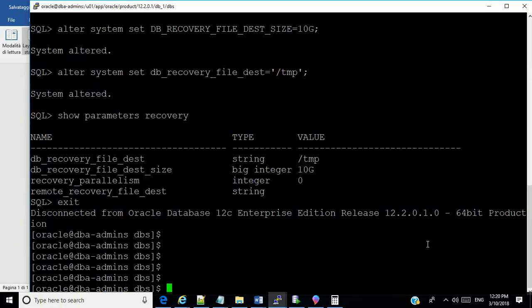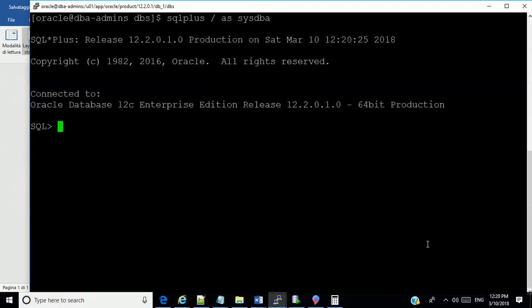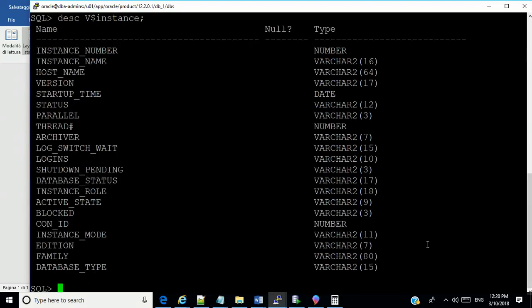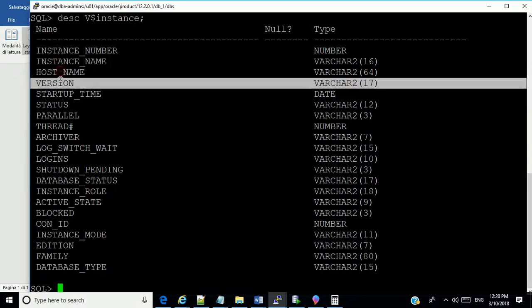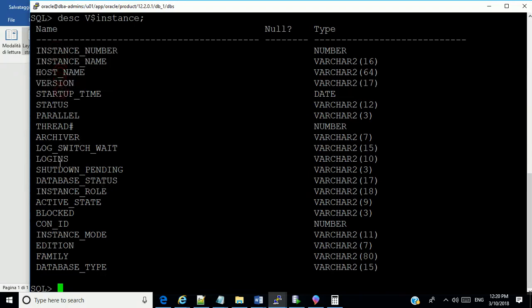And one last thing, I'm going to just show you something fast. Remember that you have a dynamic view called V$INSTANCE. This is a view you're going to normally query to find out all the information you need about your instance, the memory structure and all of that.